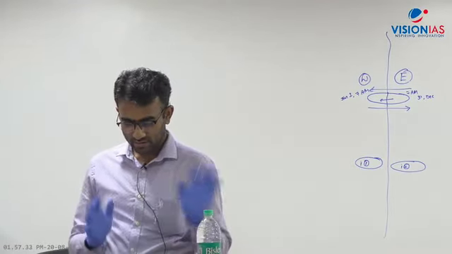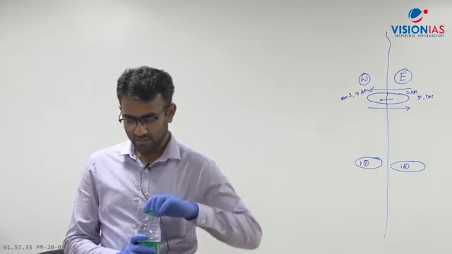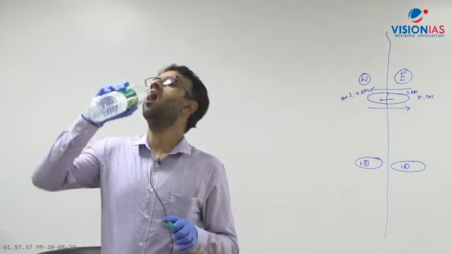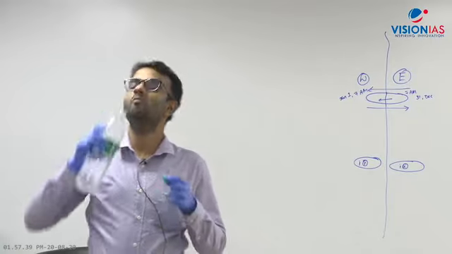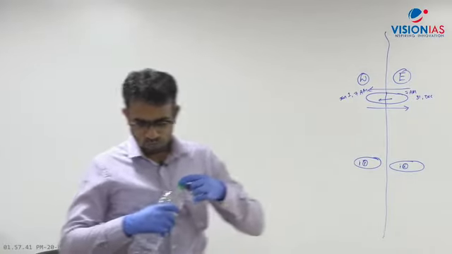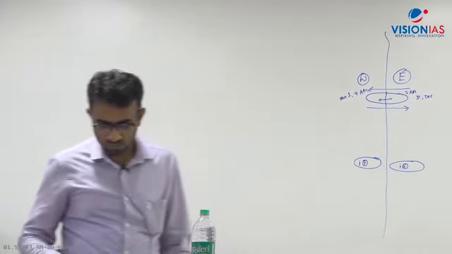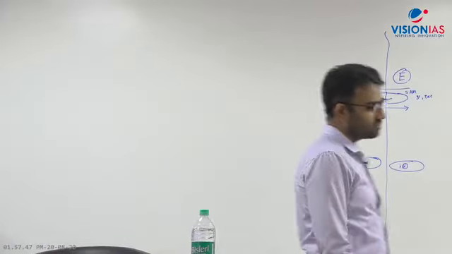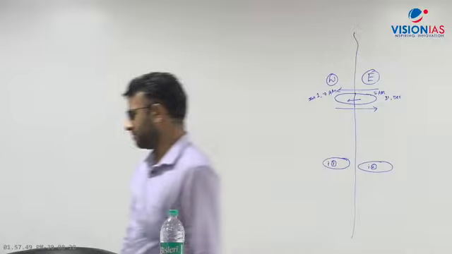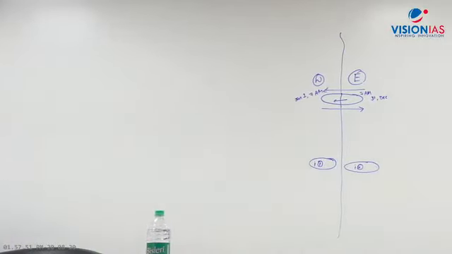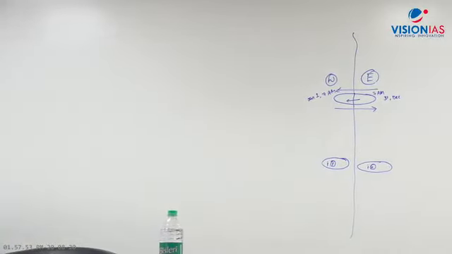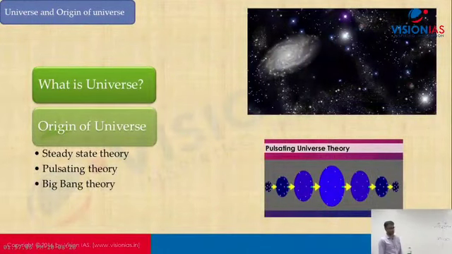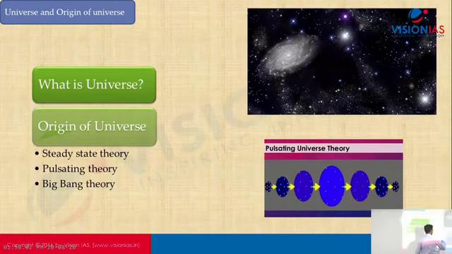I hope it is clear. I have explained in detail now. Then we started with universe, है ना, and the different theories of origin of universe. I told you there are three theories which mainly talk about the origin of universe: steady state theory, pulsating theory